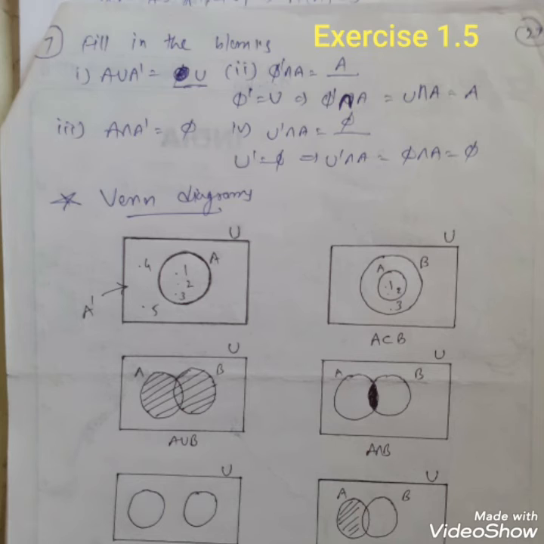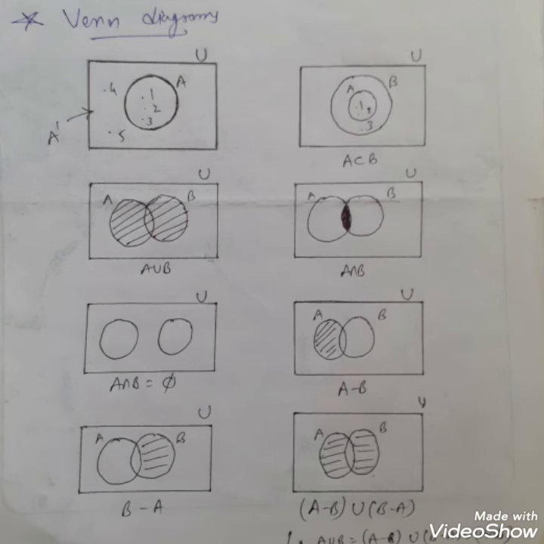The fifth diagram shows two sets A and B but both are disjoint, because the intersection of these two sets is not shown in this diagram, means they are disjoint. So the intersection of these two sets is the null set, then we say that they are disjoint sets. And in the last Venn diagram, here we can see that the elements are present in A but this region of A, which includes B, is not included. So it is A difference B. The next, seventh diagram shows that the elements are present in B. This is shown by the slant lines, otherwise horizontal lines, but the region of B which is included in set A is not included in this diagram.